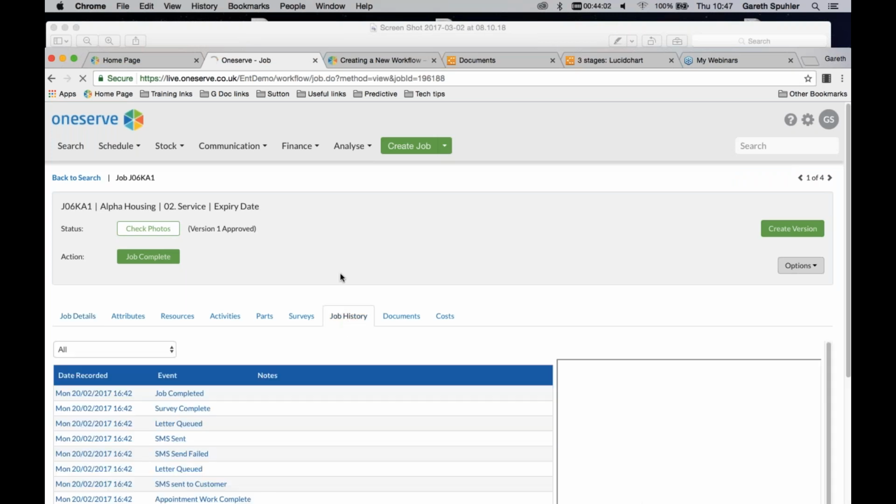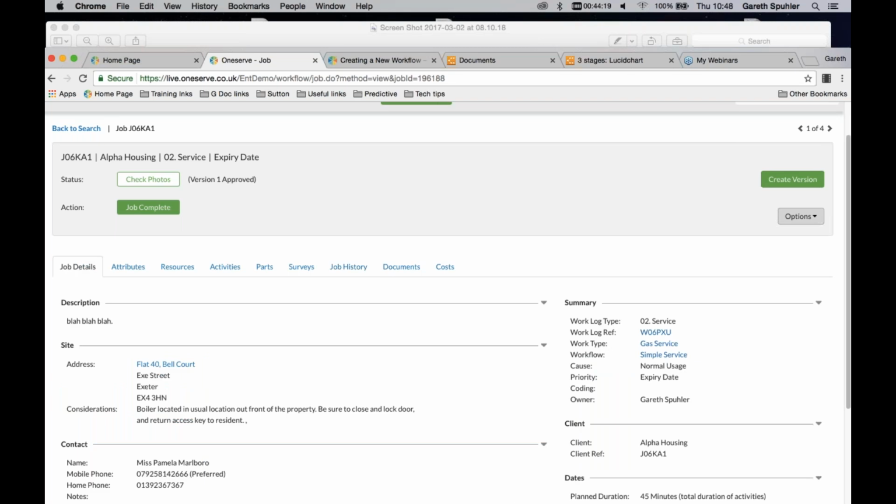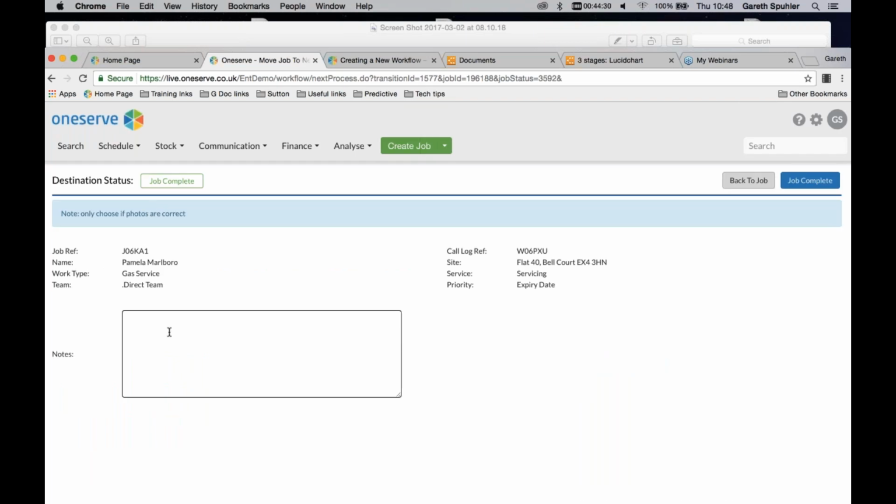And if I look in the job history, I've added in my event for job completed. That's interesting. I also have to, because of the way I built it, if I then say, yep, I've checked the photos and my job is complete, you can see the little text, only choose if photos are correct, that I added in. Sometimes that's a nice little prompt that not many people really use. So once I complete the job,